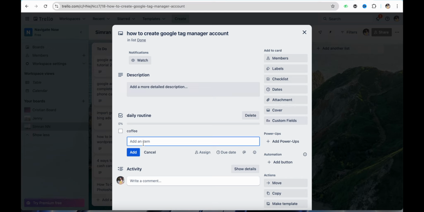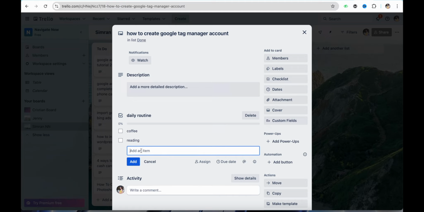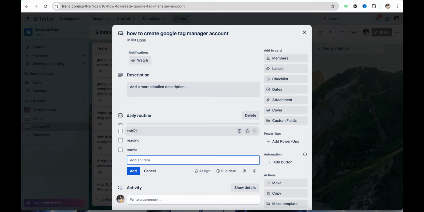So for example, if you're creating for that, and I will also add reading books or maybe reading only, click on next or add, and then add movie, let's say, and click on add. And now you can simply go on and create a n number of list or checklist that you would want